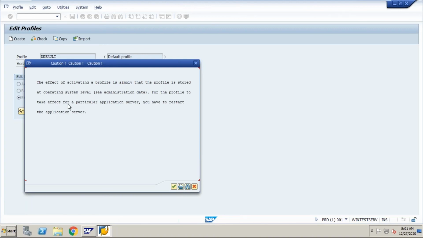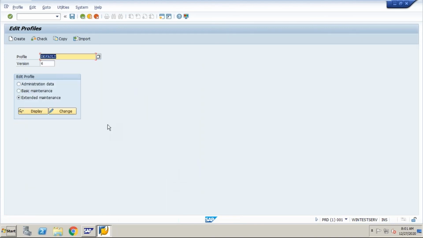For the profile to take effect in a particular application server, you have to restart your application server, which we discussed earlier. Now I press OK. If I restart my application server, it will give the new value, which is 700, but I'm not going to restart it now. When I prepare a new video in the next session, I'll show you how to restart the application server.